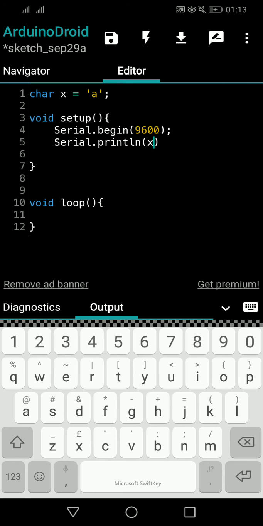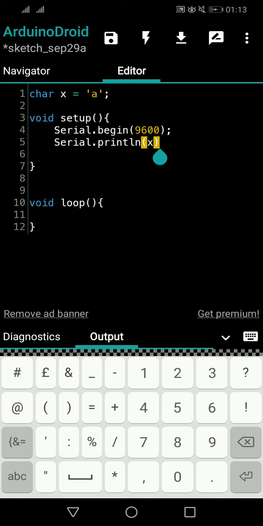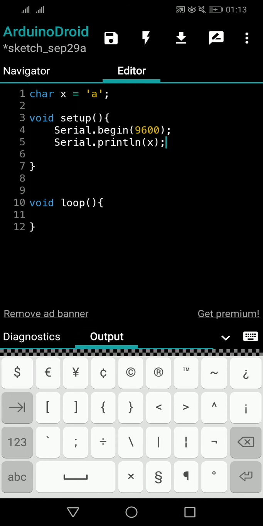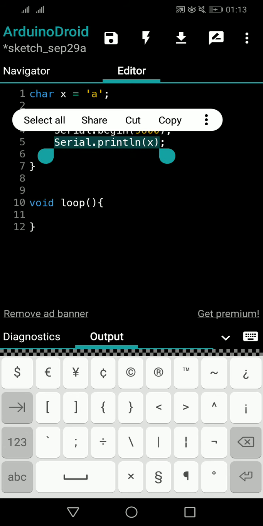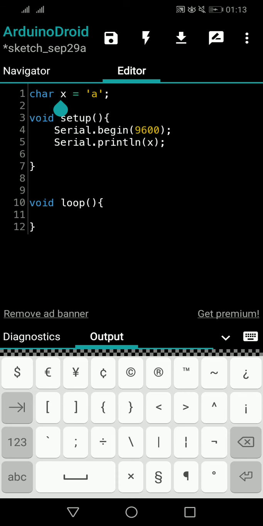Let's say x, and use your semicolon. As I said, if you are using a variable, you don't need double quotations. You can simply use the variable, since the variable's name is now in the Arduino's dictionary. Because we have declared the variable, Arduino knows what x means, so you don't need to write it within double quotes. So everything is fine. When you run it like that, a will be printed.